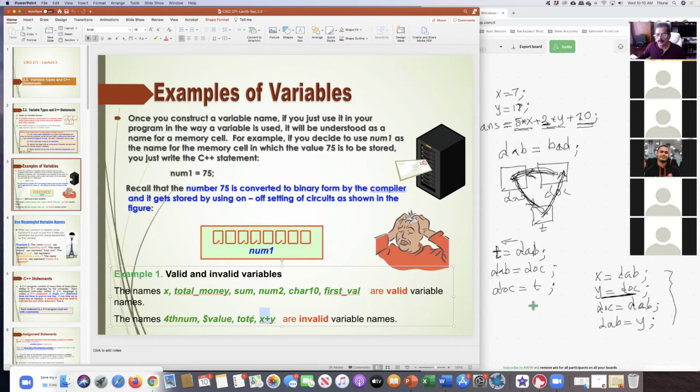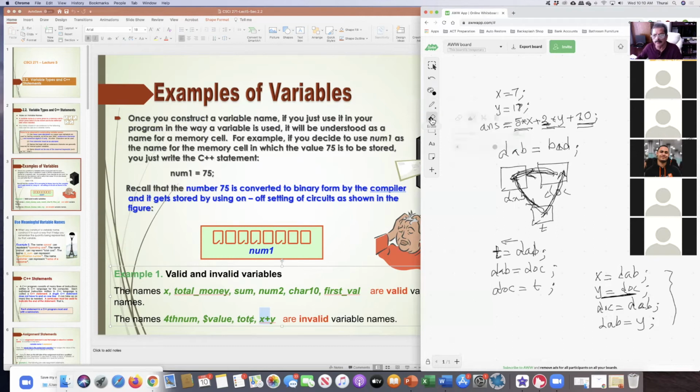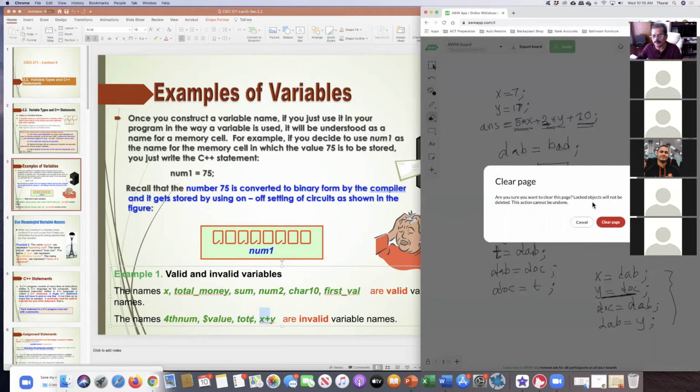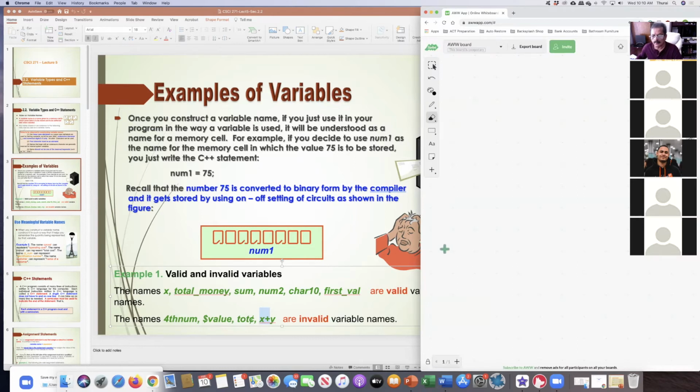Okay, now let me go to the board and explain something about the variable names. So let's say I wanted to add two numbers. The two variables x and y have numbers stored in them, and I want to write a program that will add them. So I wanted to write z equal to x plus y because, hold on,